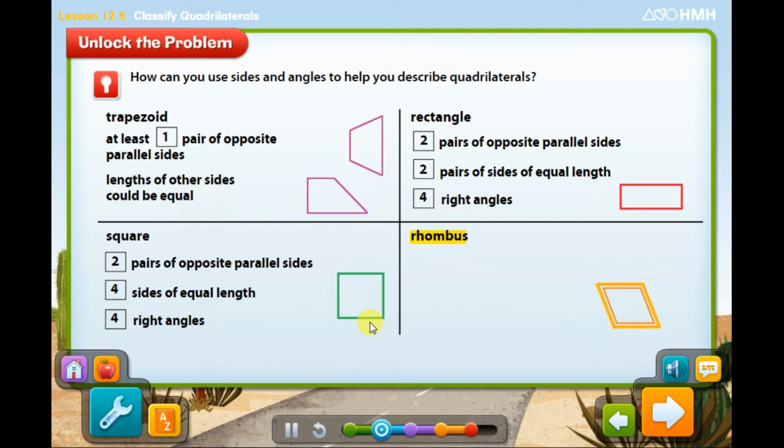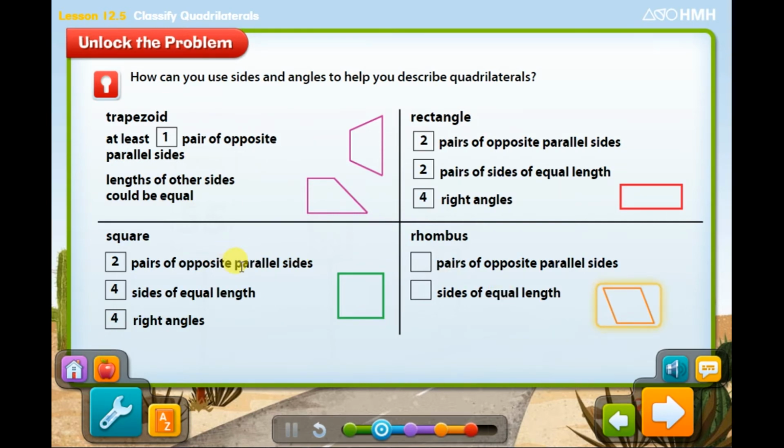The 4th shape is called a rhombus, and a rhombus is a relative to the square. It has everything like a square. It has 2 pairs of parallel sides, and all its sides are equal in length, just like a square. There is only one difference between the square and the rhombus, and we will know now. Okay, so first about the rhombus, it has 2 pairs of parallel sides. This side and this side are parallel. This is one pair. This side and this side are parallel. These